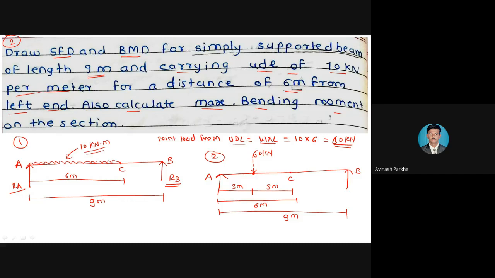Therefore, when we convert the UDL into the point load, it acts at the center of the span. On how much length is the UDL applied? Only 6 meter. So what is the center point of the 6 meter? 3 meter distance from the A point and 3 meter distance from the C point. That means 3 meter, 3 meter. This additional point I will consider as a capital P. This is the new point which we have developed. A point is the original, B point is the original, C point is also an original point, but this point P is a new point which represents the UDL converted into the point load. So like that we have to go for the conversion of the load, that means UDL is converted into the point load, and that point load we have represented on the figure.